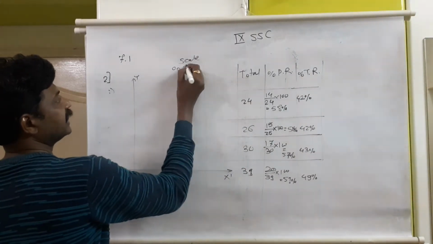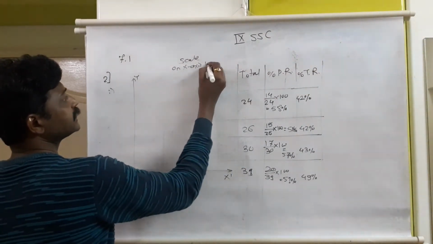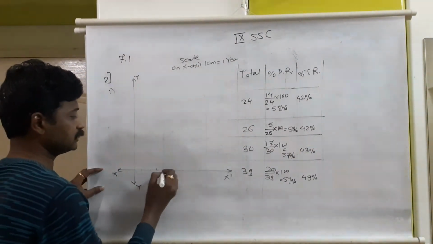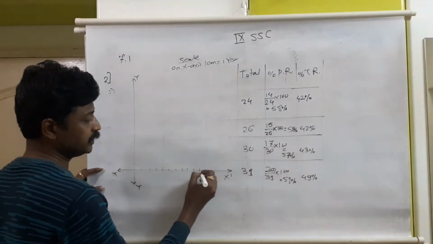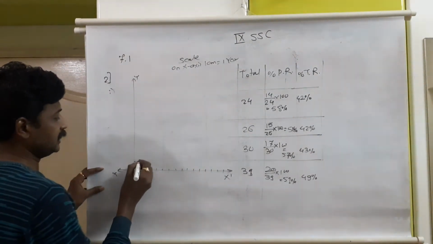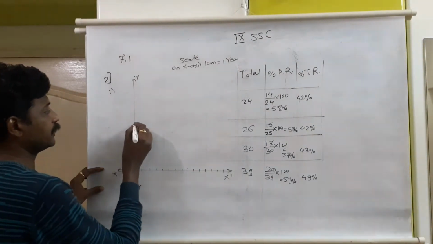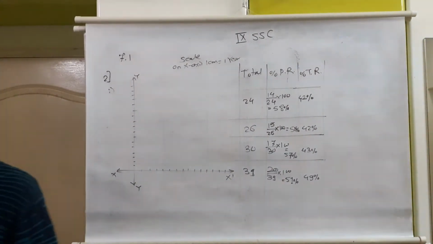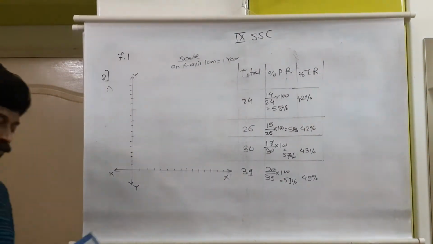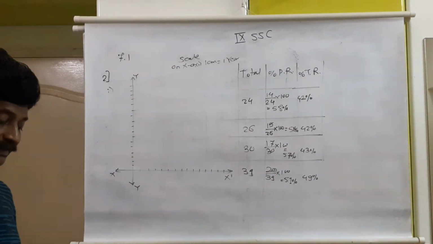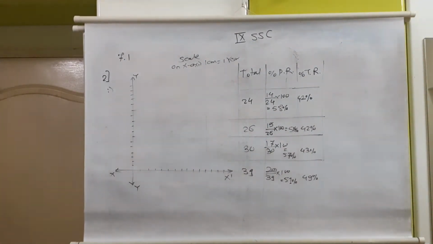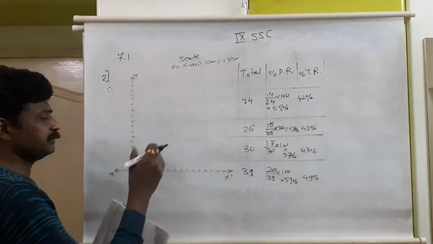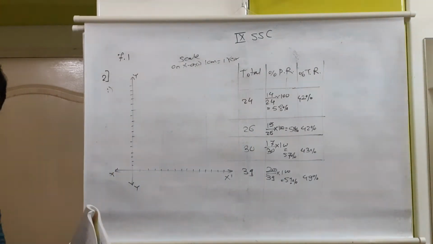For the scale, on the x-axis, 1 centimeter is equal to 1 year. This is already divided into unit parts, that is centimeter parts, in your graph paper. On your graph paper I will just divide it because I have a plain board. Now, the first year mentioned is 2000 to 2001. We are trying the percentage bar graph first. In a percentage bar graph, the bars, the rectangles, will be at equal distance from each other.